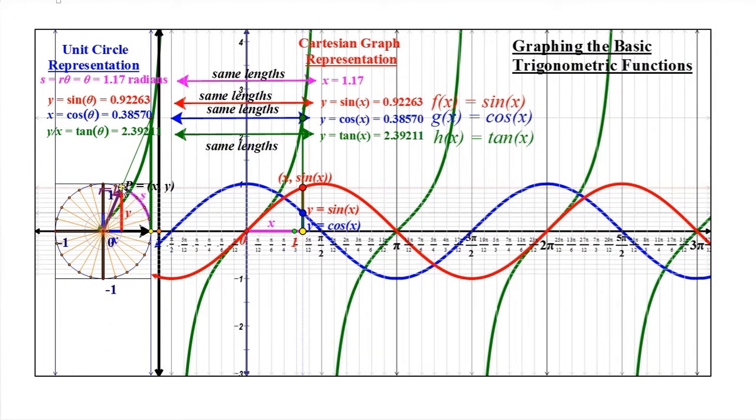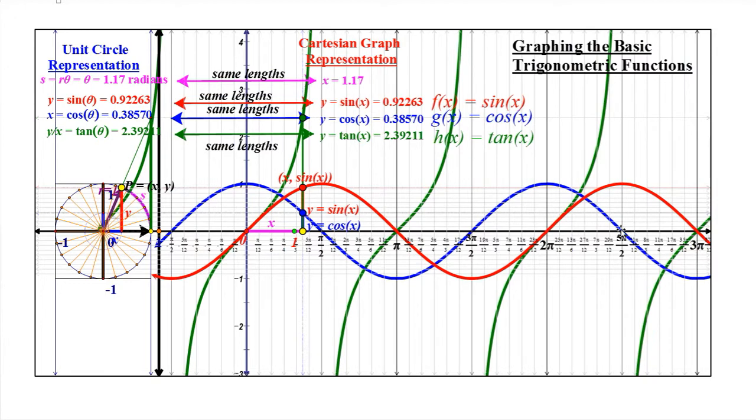Now, we get the x and y coordinates here. Well, one way you can find the y coordinate is just this vertical length here. I've used exactly the same scale, so distance of 1 in any direction on this picture or this one here is the same length. And so notice if I just pull that over horizontally, I get this point here, and that makes this height right here, that y value, the sine of this x value. And so that gives us, if we do this for various different points as this goes around the circle, you watch my other video, you can see this dynamically, and you can see this point moving up and down. And so what happens there is you get this red wave graph, which is the graph of y equals sine